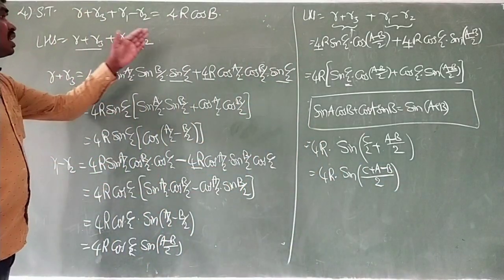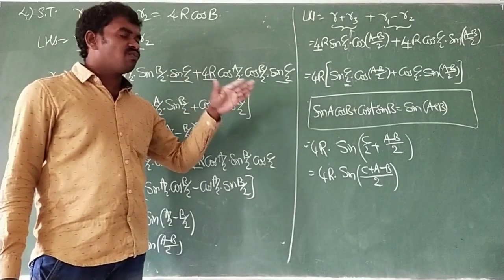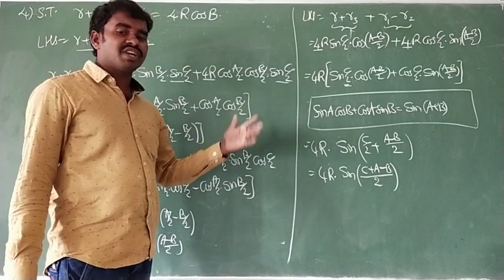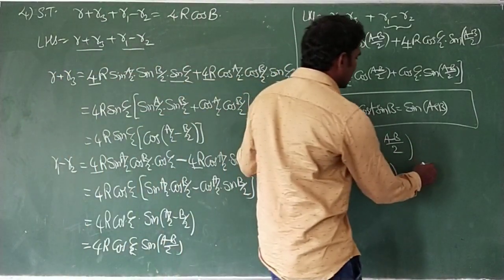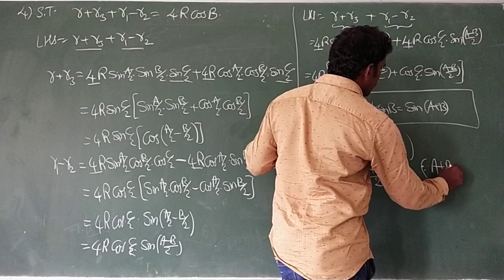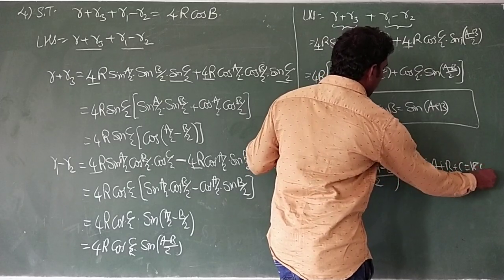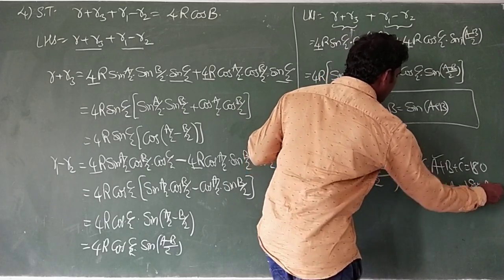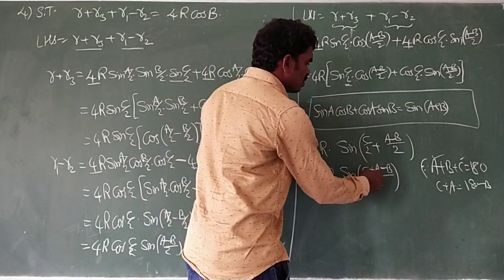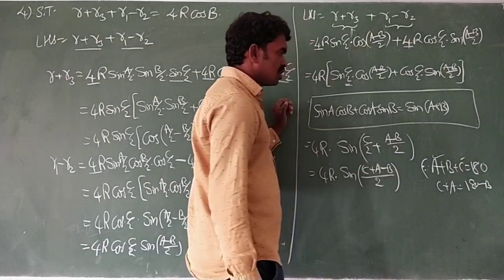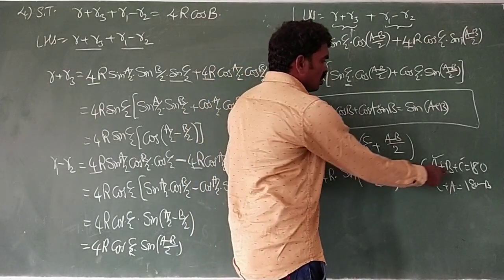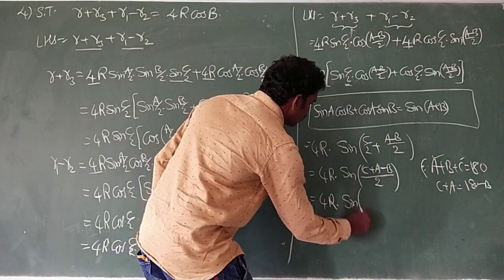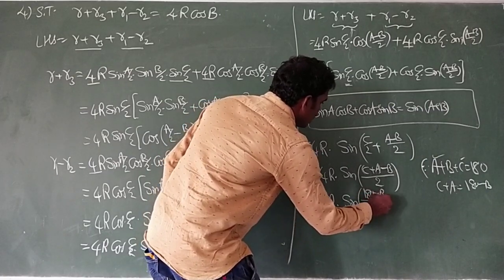See, here capital A, capital B, capital C are the vertices of a triangle. Okay, in the starting introduction I told you. So if they are vertices of a triangle, then what about the sum of the angles in a triangle? Yes, very good. A plus B plus C is equal to 180. Then A plus C, or C plus A, becomes what? 180 minus B. So I am going to substitute C plus A, which means 180 minus B. So it is equal to 4R into sin of (180 minus B) minus B as it is, and by 2.